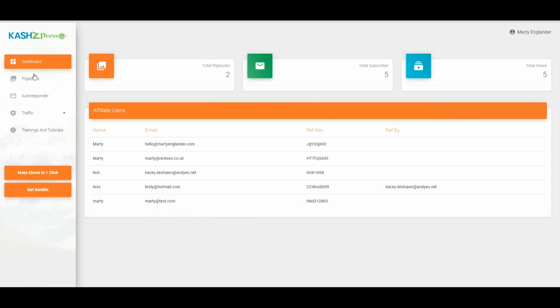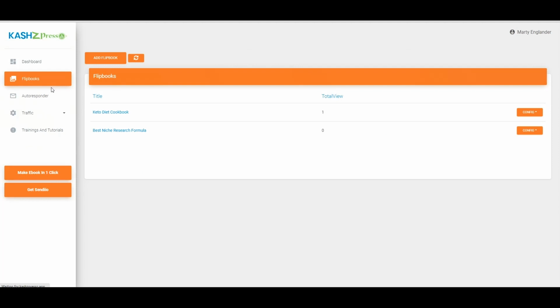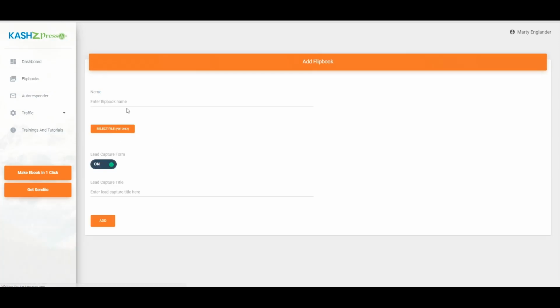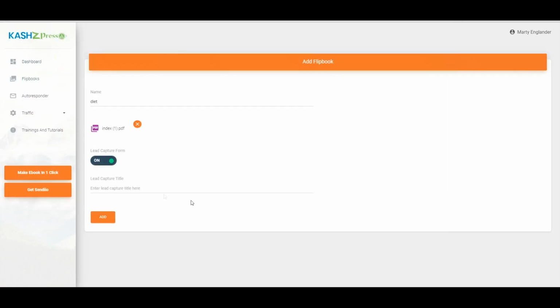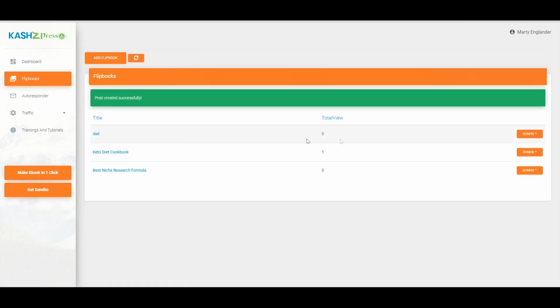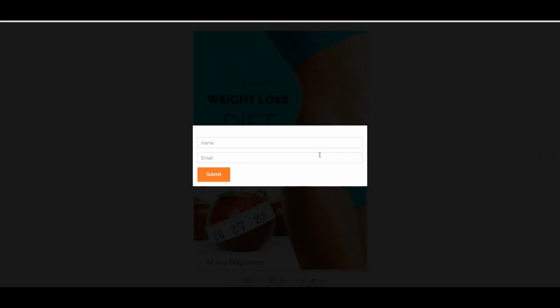And the way this works is, just very quickly, you'll go over to Flipbooks and you can see I've actually already done keto diet. You would add your ebook, so add ebook, and then I'm just going to call it diet, select file, going to upload it, lead capture for none, and then add. Okay, now that we've got it, all we need to do is preview it, and whenever you send this to someone, what will happen is they will receive this with the background like so. They would enter their information, press submit,